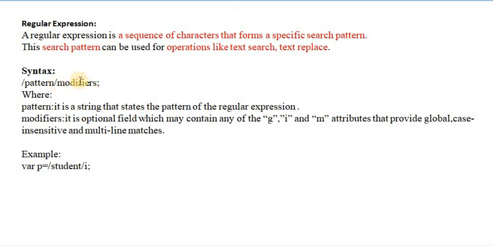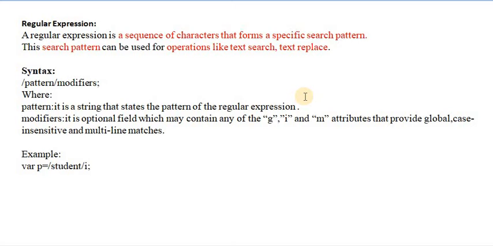Here this is the syntax of a regular expression. Here is the pattern within slashes, and after that you can add a modifier. Modifier is an optional argument, and pattern is a string that states the pattern of the regular expression.